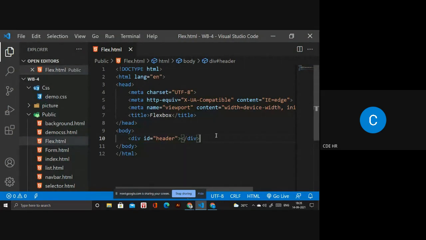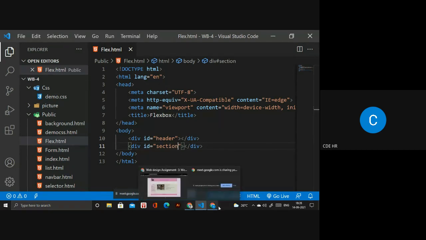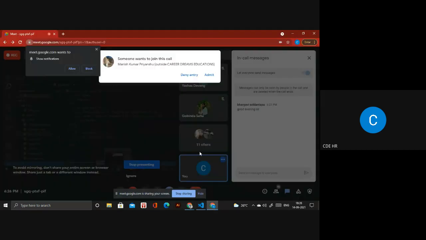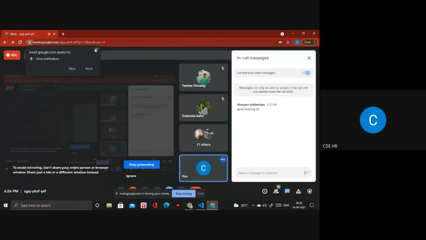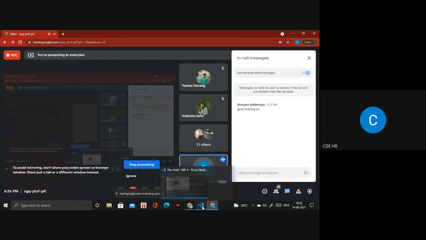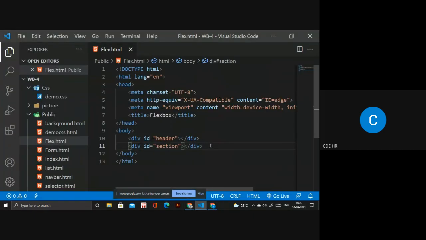Okay. And I need another one. It's my section. Wait. So you have to go there. Section. Okay, this is my ID. And inside the section, I will create an aside. Another div, with the ID aside.